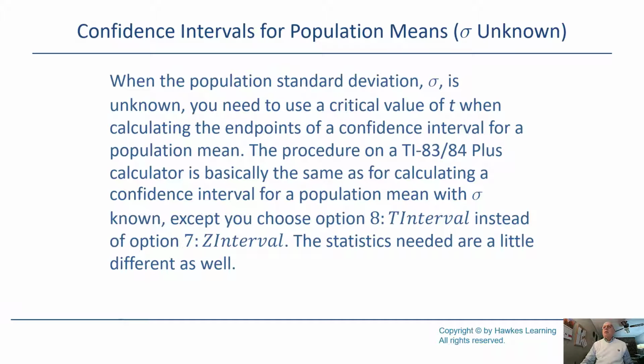Notice when the population standard deviation is unknown, so this is a new story. When we knew it, it was a z-interval we were finding. But if it's unknown, then you're going to use a critical value of t instead. Make special note of that. Put it in red, green, whatever, something big, maybe put a star by it, whatever you need to so you don't forget. So what you're going to do this time is you go to stat,